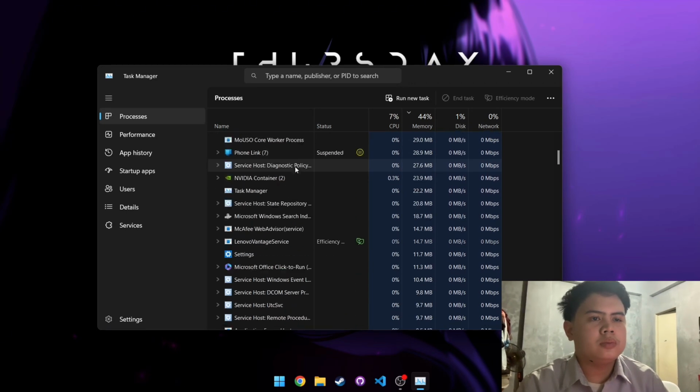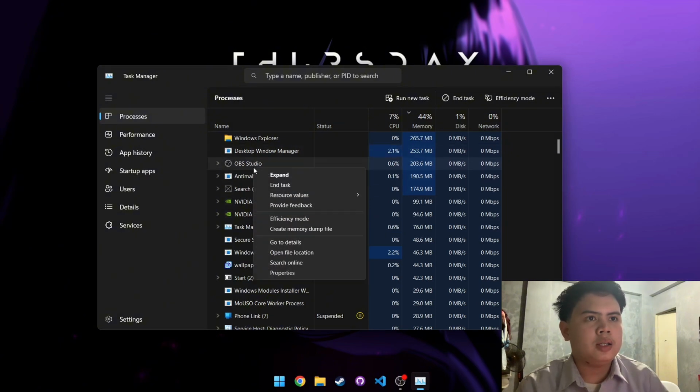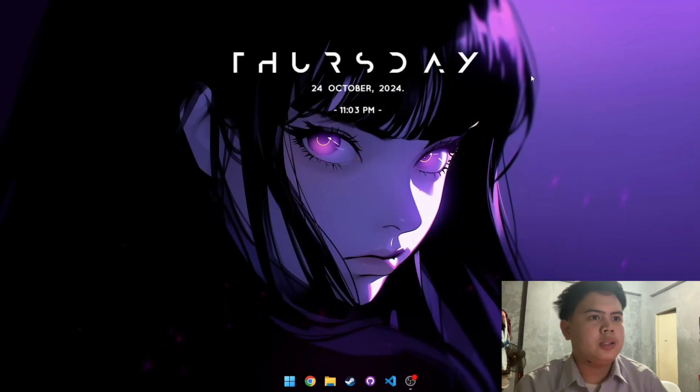If you find any unused app, you can right click it and end the task. I cannot end this one because it's trying to run. And for step 2,